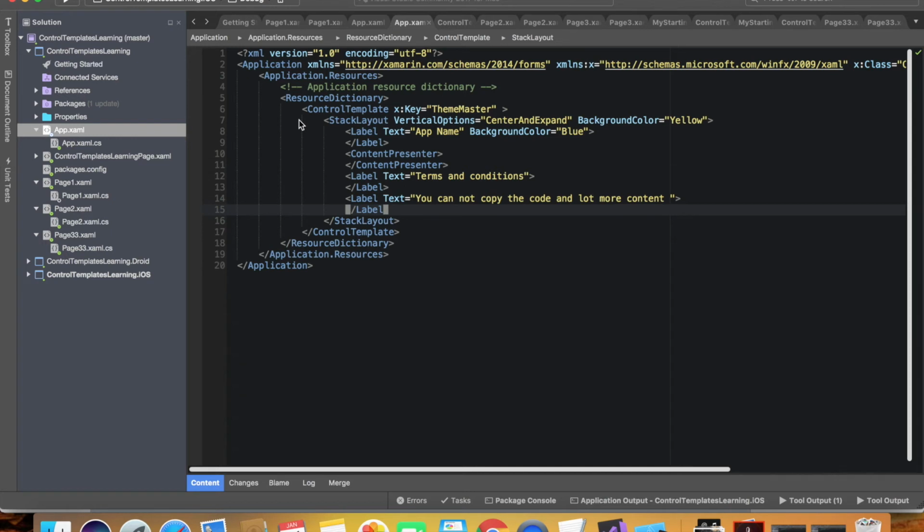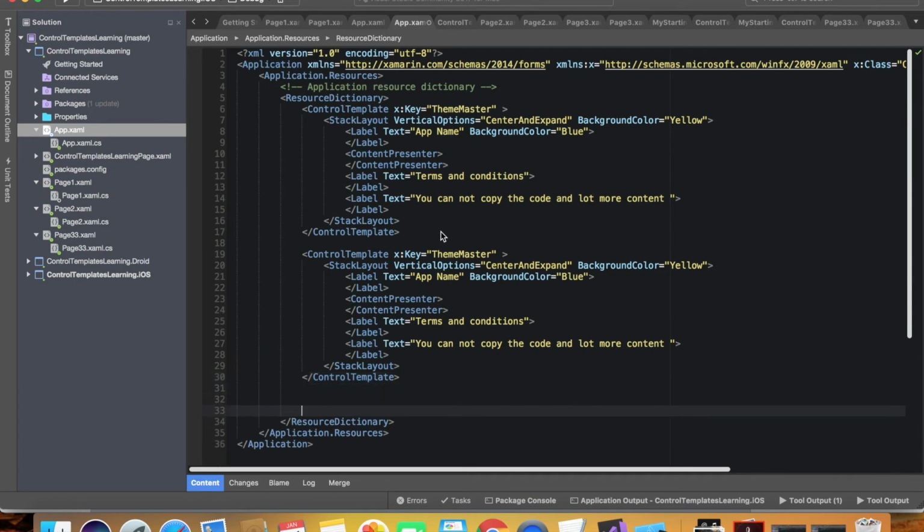So now let's dig a little bit deeper. How can we define more than one template and change those templates at runtime? For example, you want to give your customer a feeling of different themes, different background colors in his preferences, so that he can control all of those preferences from one spot, right? So we are in app.xaml. Here we have one theme, theme master. Let me copy this entire theme and make another theme here. This was the theme master and this is a theme sub, or let me say it a name,